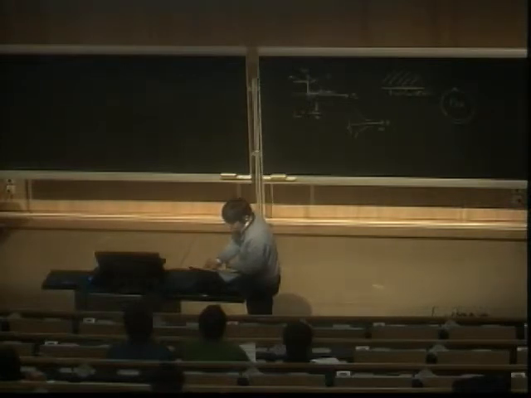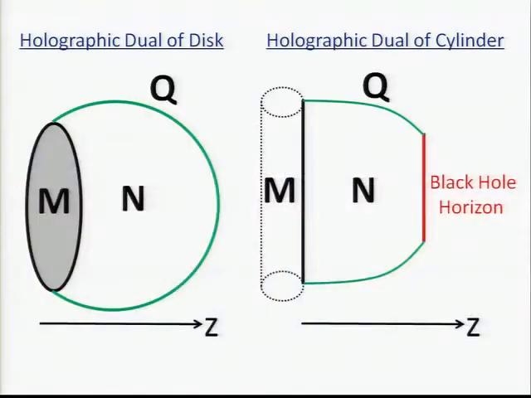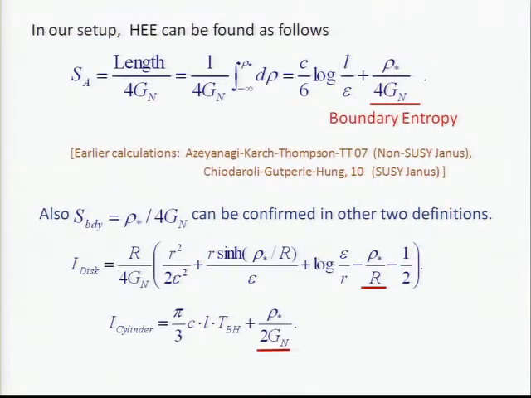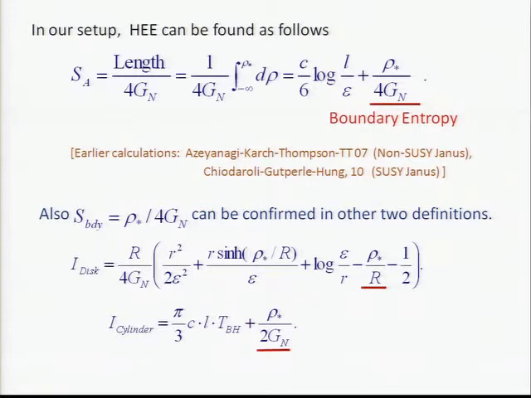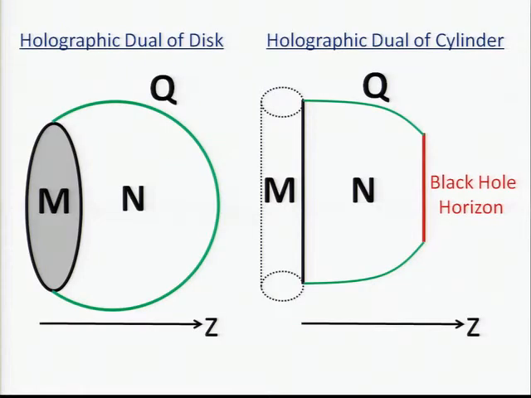If we write this in a picture, here is the holographic dual of the disk. We said there is a calculation of the partition function on the disk. This disk is dual to some part of the sphere inside. This is the AdS spacetime, but we cut it out and only keep the inside region. This region is N. For the cylinder calculation, we need to go to the high temperature phase. So we have a black hole, the black hole horizon is sitting here, and we have this boundary Q, and we integrate out this part. This leads to these calculations.